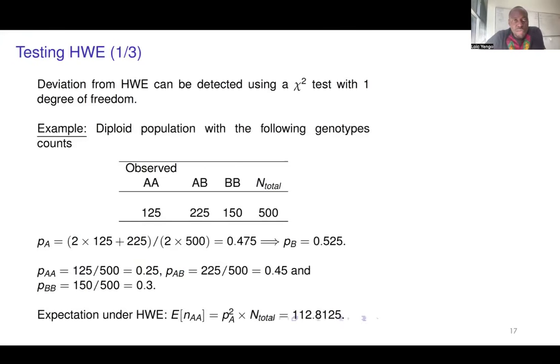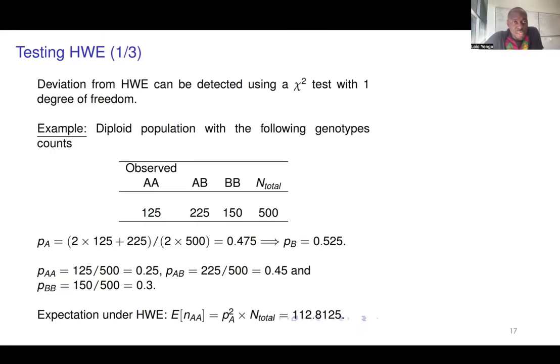So now let's think about a concrete example. How can we test if Hardy-Weinberg equilibrium holds? Deviations from the Hardy-Weinberg equilibrium are usually detected using a statistical test. And under Hardy-Weinberg equilibrium, the test statistic is usually assumed to follow a chi-square distribution with